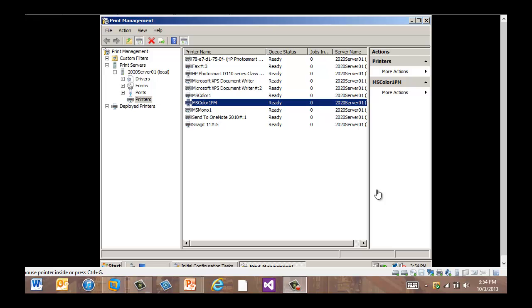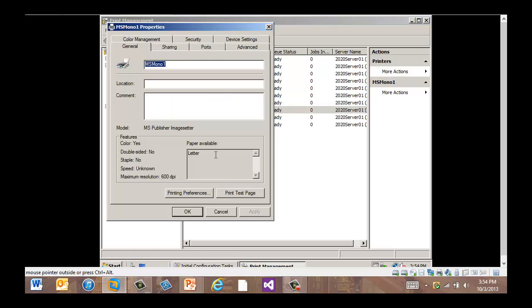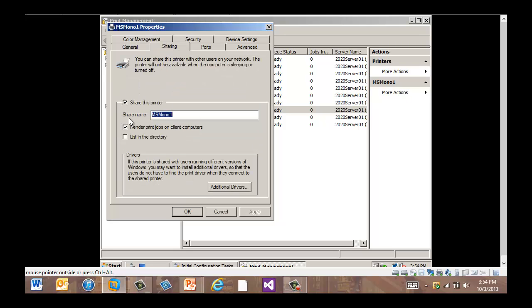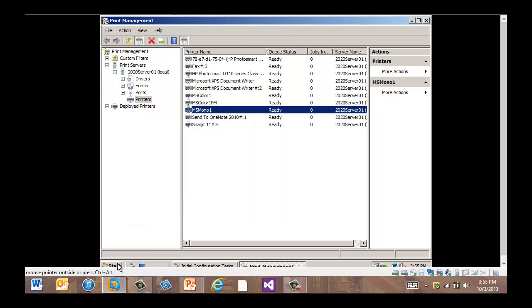We are back in 2020-01, and we're going to look at managing queued print jobs. We're going to open the Properties sheet for the MS Mono 1, and we're going to click the Sharing tab. We're going to clear the render print jobs on the client computers, and we're going to click to apply that. Now we're going to click the Advanced tab. We're going to select the Start Printing After the Last Page is Spooled option, and we're going to select the Hold Mismatched Documents. We're going to click OK to close, and then we're going to click Start and go to